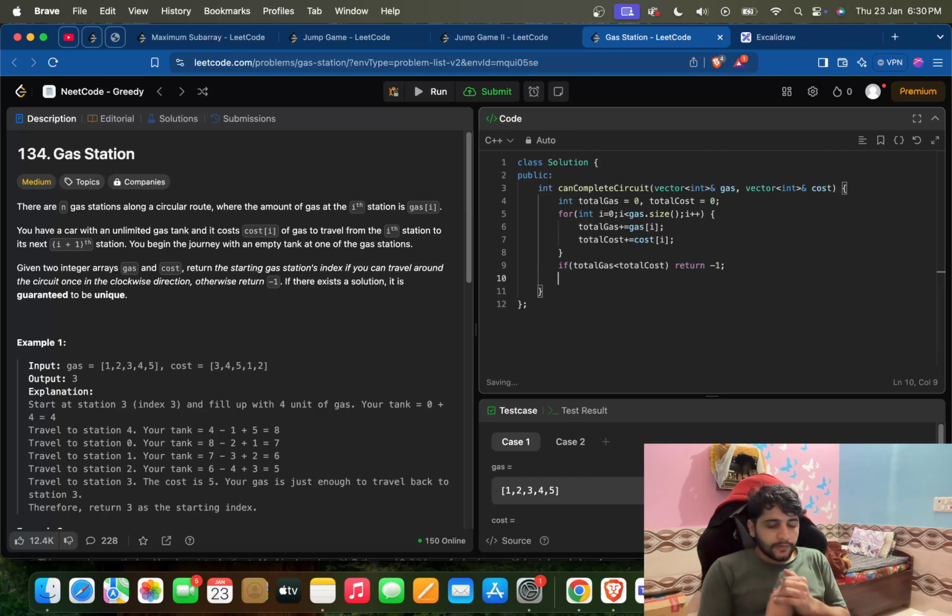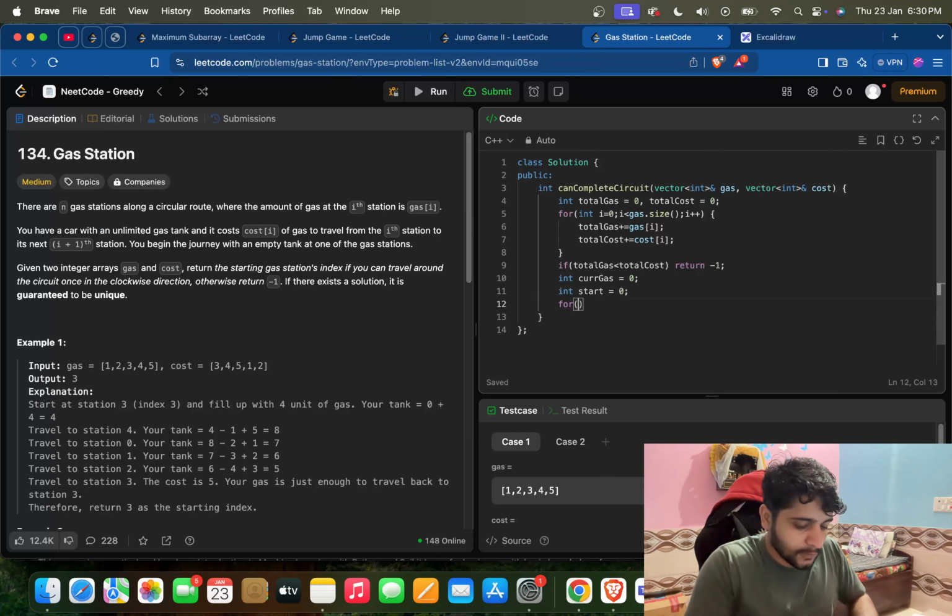Now what we will do is, we will have an int current gas, that's 0 in the starting, and this is our starting point from where we are starting our circle, okay. We'll try to start from here, if not we will move to the next index. That's how we're gonna do this. So let's start iterating through all the gas stations,